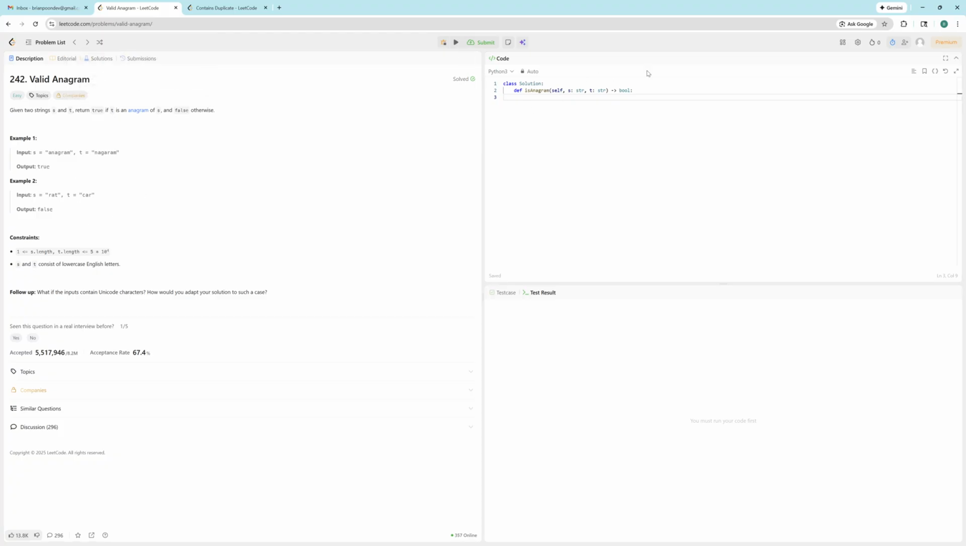Okay, so I'm thinking that this question is a hash map question. And what I can do is store all the characters in a hash map and check if hash map S is equal to hash map T. So I can say